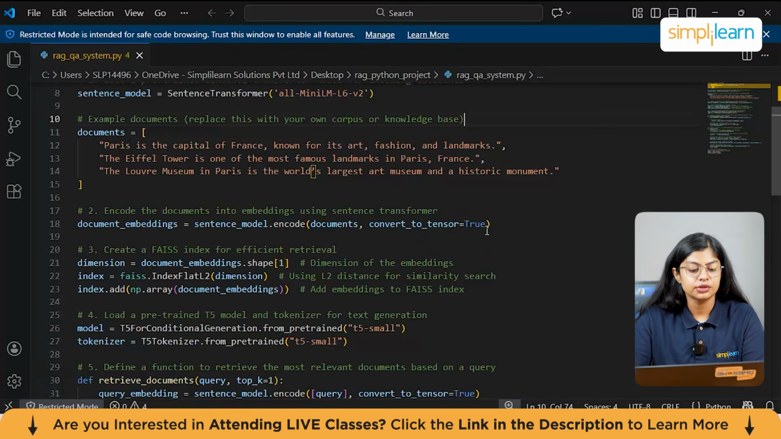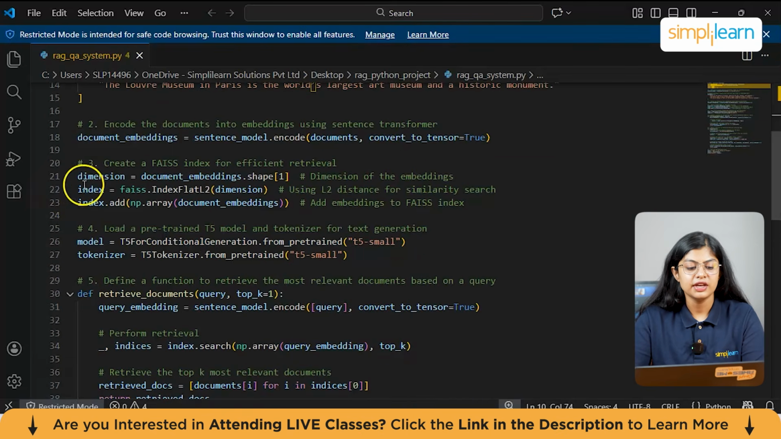Now let's move on to creating the FAISS index. Firstly, we have dimension = document_embeddings.shape. This line gets the dimension of the embeddings. FAISS needs to know this to create the index. And next we have index =